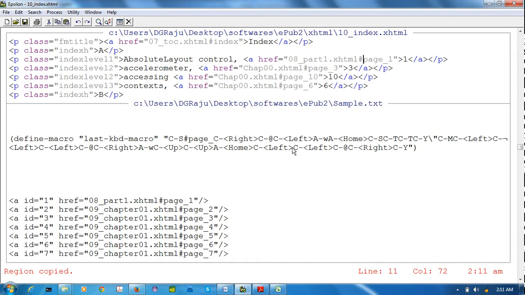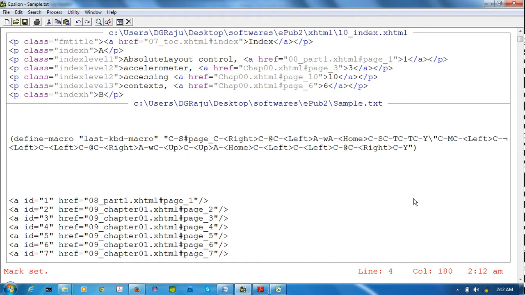After that C hyphen left means Control left, and C hyphen left again. C hyphen at means Control space bar. After that C hyphen right arrow means Control right arrow. After that Control Y means paste. After that I want my cursor to move two Control right arrows.